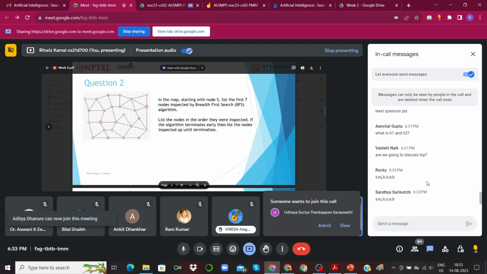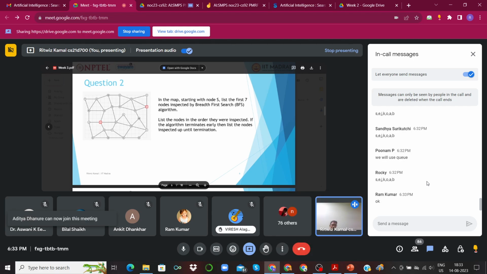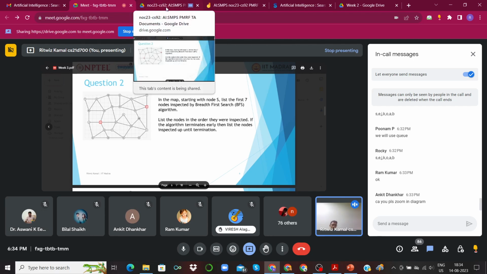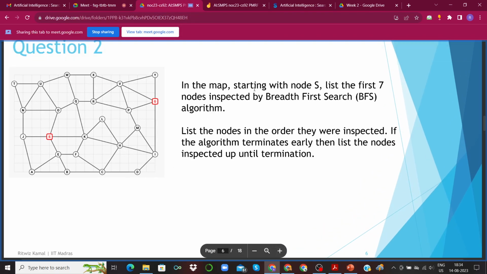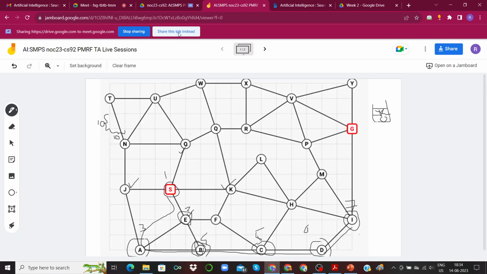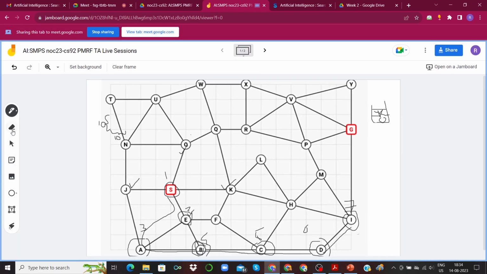solution that you have found. Let's just wait 1 more minute and then we can discuss the solution. Yeah, thanks, Ankit. I'll just zoom on the diagram, or maybe I'll shift to the Jamboard so that you can see it even more clearly.